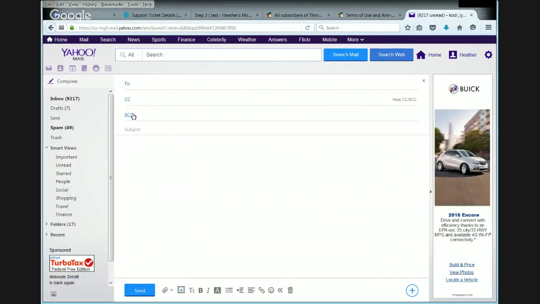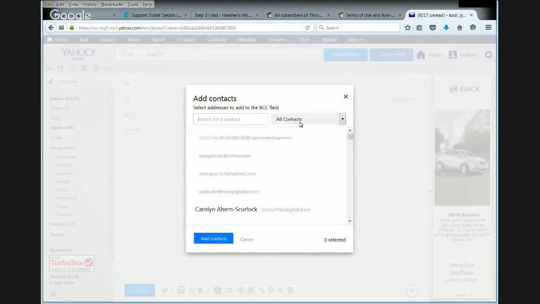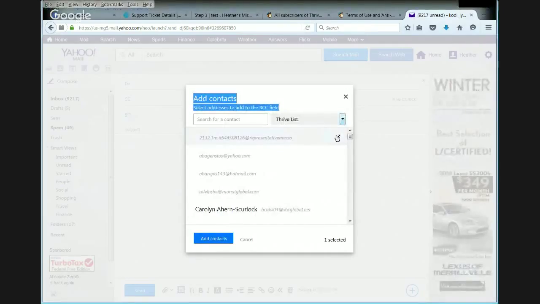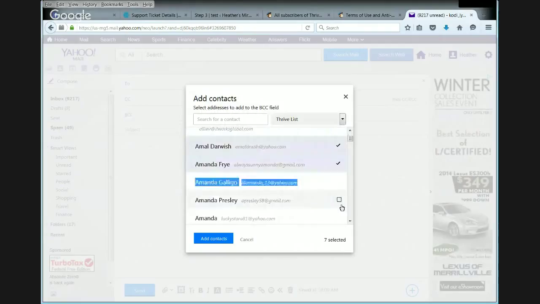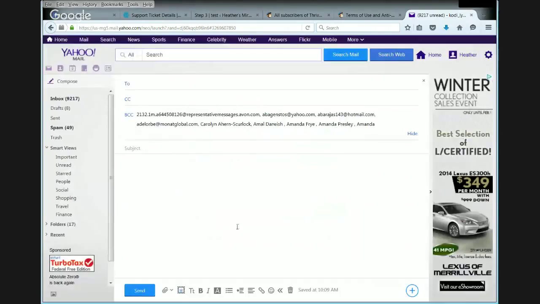So blind carbon copy. Okay. Thrive List. My Thrive List. And then you can go through, and it looks like you have to select everyone individually. Okay. And then add. Now it's blind carbon copy. Now it's not going to show everybody as a whole. It's only going to show up. So say I did my email,